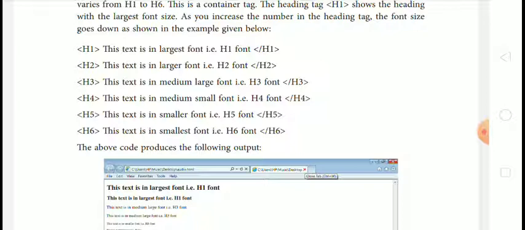Close the H3 tag. Then H4 tag. This text is in medium small font. Then close the H4 tag. H5. This text is in smaller font. Then close the H5 tag. H6 tag. This text is in the smallest font. Then close the H6 tag.